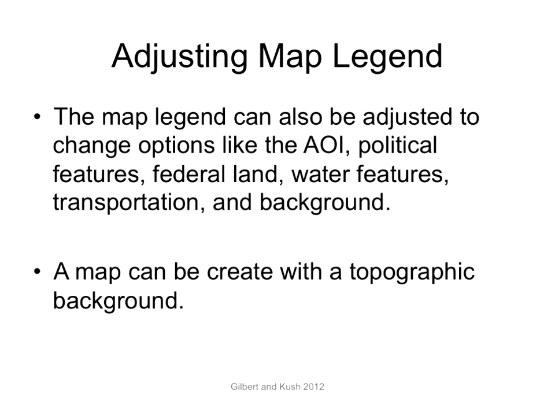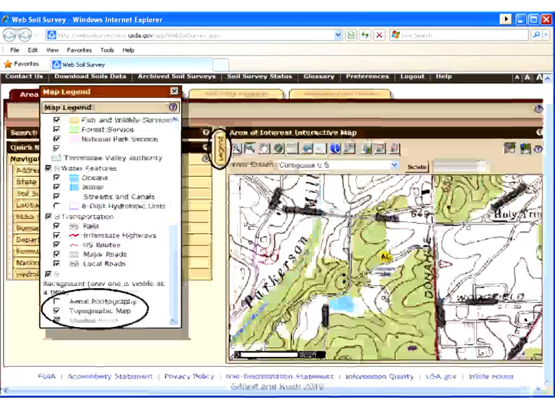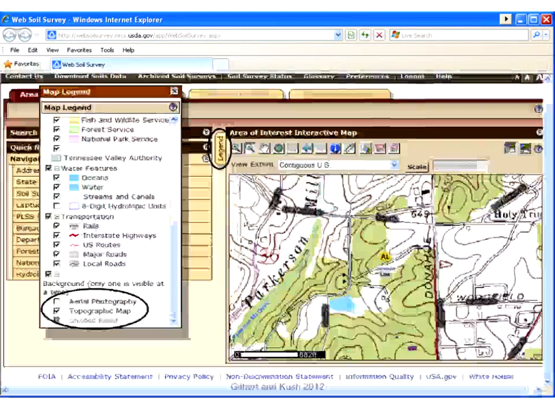Another key point is that you can actually adjust the map legend. So you can change options like the area of interest, political features, federal land, water features, transportation and background. And one of the key things is a map can be created with the topographic background. So looking at the same tract, we're able to turn on, if you look over to the left,